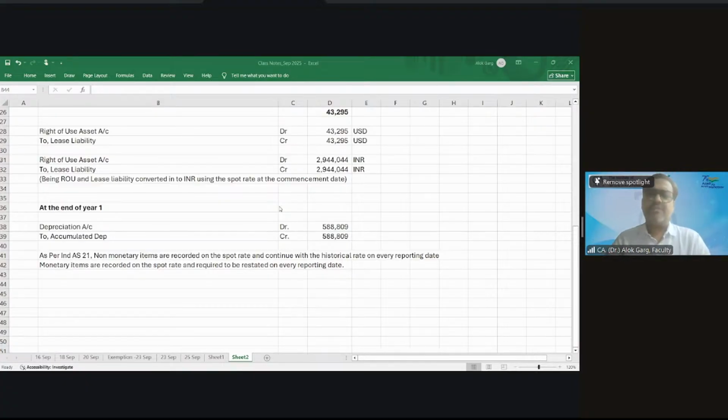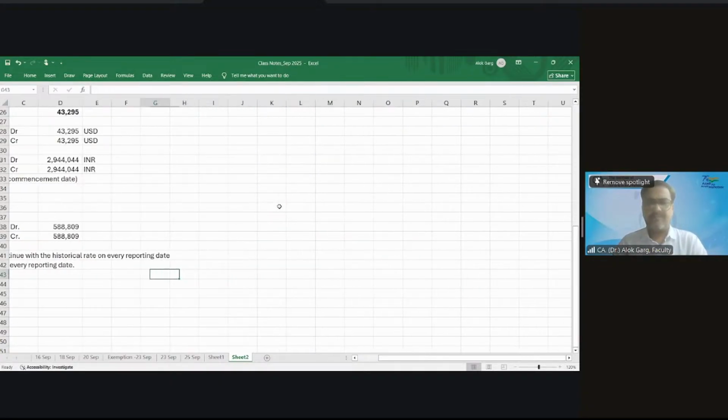Yes. The interest can be taken at the average rate. So first of all, you are absolutely right. First of all, let's make a lease liability schedule, because you have to pass an entry for interest, you have to pass an entry for a payment, and you have to restate your closing lease liability also. Correct? The initial lease liability you have recorded at a spot rate of 68. So let's prepare a lease liability schedule.